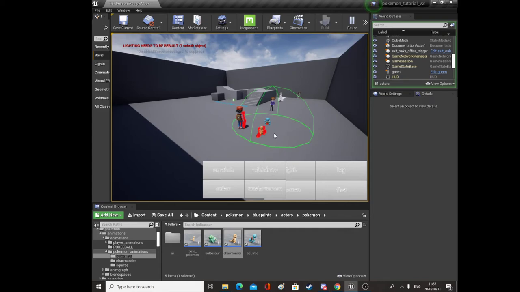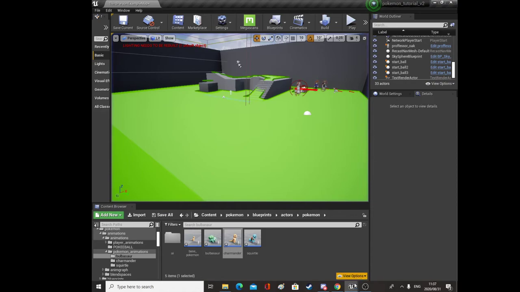Okay, so they did do a headbutt. He is playing his animations. That makes me very happy. Okay, so now I can go over and attack, and I should not be able to attack. No, I can. That's a problem. Okay, so